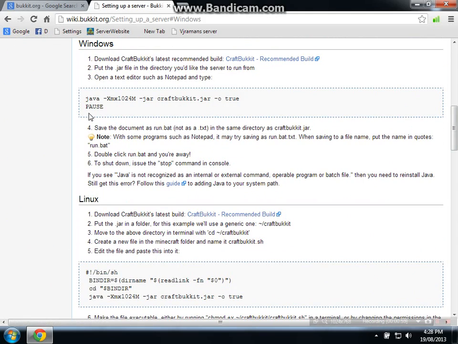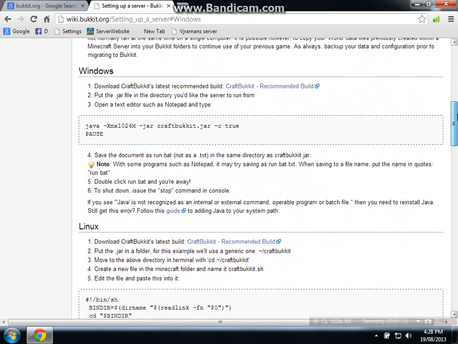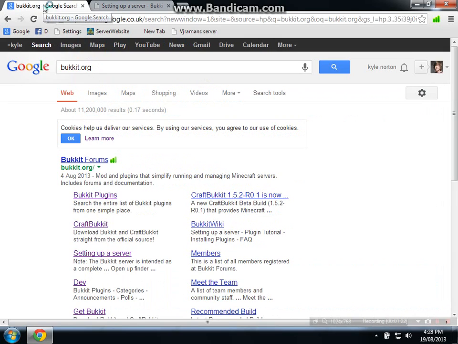And as I said, this is a Windows tutorial. I'm sure there are many other tutorials on how to create Linux or Mac OS, but this is just a Windows tutorial. So once you have this, you want to keep this for later. This is very important. And you want to go back onto your other tab and type in